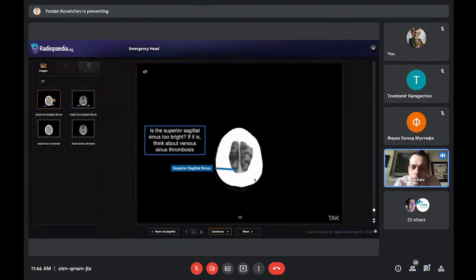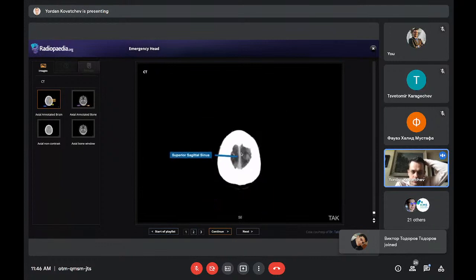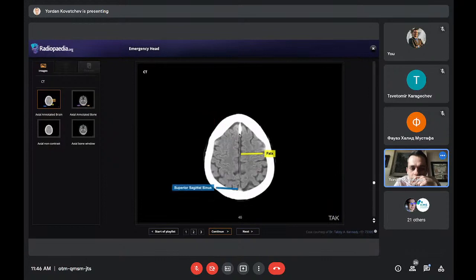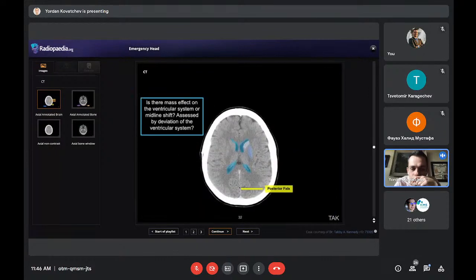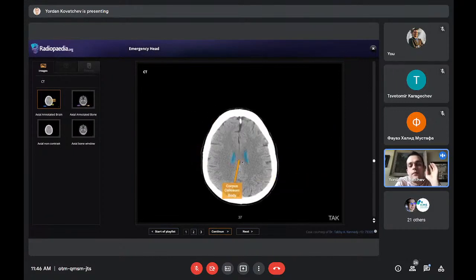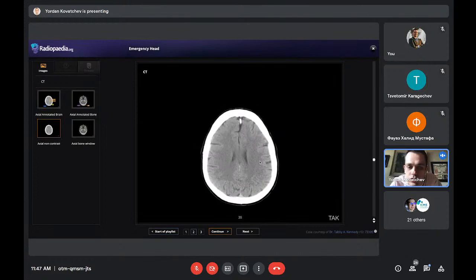And then we go up to the top, and you can see the falx here. The falx is really important because what I was showing was the superior sagittal sinus, but the falx is below it. It's really important because we follow it through the middle between the two ventricles to decide whether there is midline shift. If there is mass effect, we'll see at the level of the ventricles how the midline is shifted to one side. We call this midline shift, or if you want to sound more fancy, it's called subfalcine herniation, because the brain is herniating to one side below the falx. Okay, anyway, let's show you now without annotations.